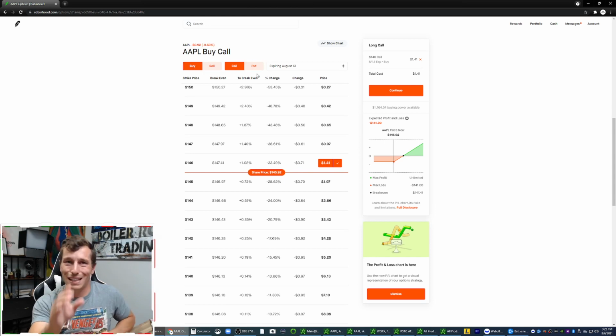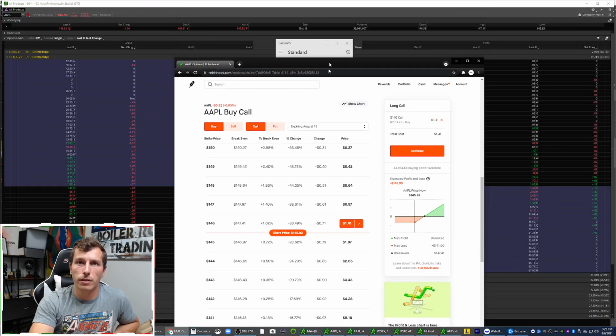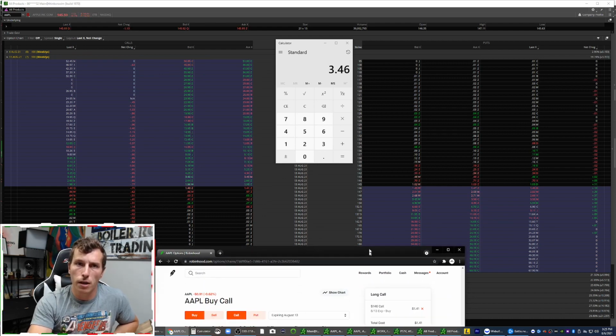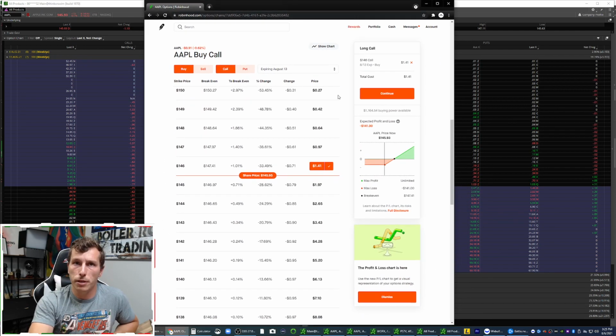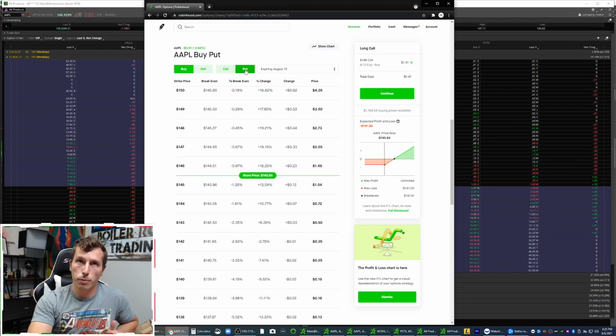So for example, in this instance, you can see here the call for Apple 145 August is at a cost of $197. If you look here on TD Ameritrade, the cost for a call there is $198. So it probably just hasn't updated yet on Robinhood, but that's okay. So again, between Robinhood and TD Ameritrade, you can see the calls are pretty much the same price. From there, you would go over to the put, and you would figure out that the put is priced at